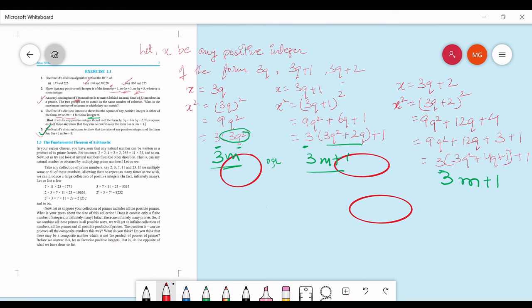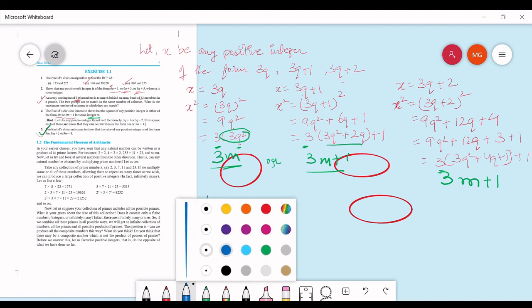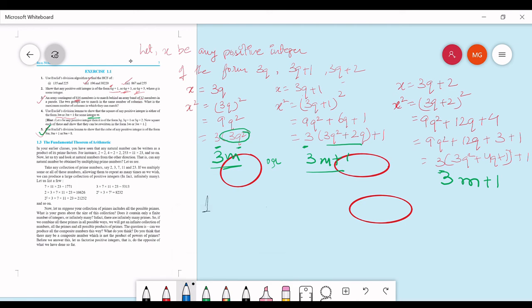So your today's task will be, you will be doing question number 1, second, and third. Question number 3 and question number 5. These are your homework,